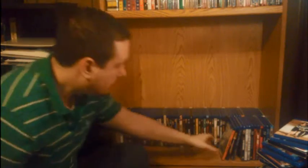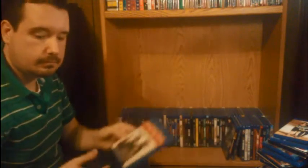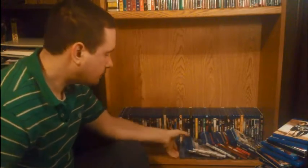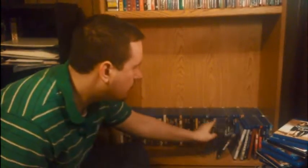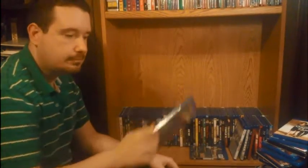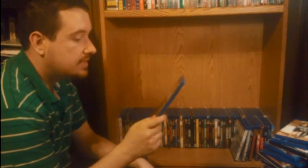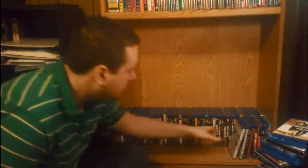Jumanji, one of my childhood movies growing up, Killer Elite, Killer Joe, Krampus, Leon the Professional, which has my favorite performance of Gary Oldman, and a great movie. Lone Survivor, one of the best war films I've ever seen,